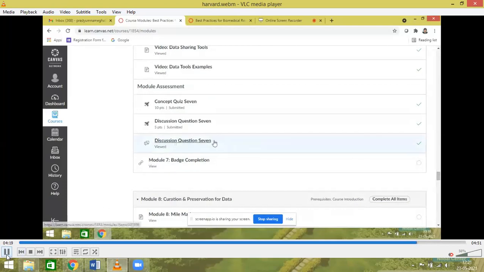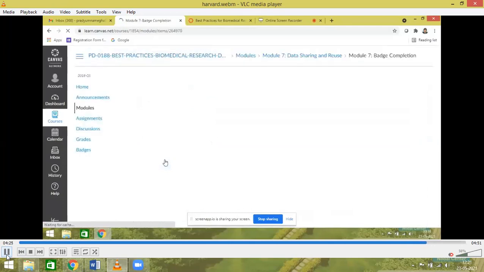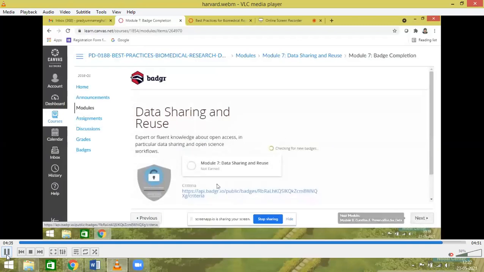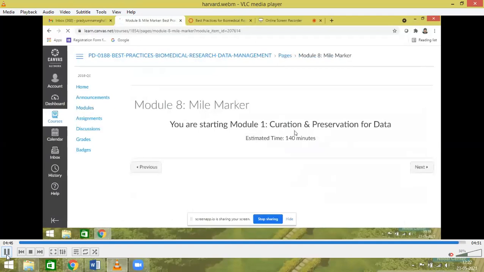So module 7, before completing the module 7 and after completing. Now you see, I'm just clicking on that one. Wait for the badge. Okay. So every unit, they are giving the license for you people. So data sharing, this unit, automatically it will update whether you have done. Yes, we have ended the batch. 9 batches equal to 1 certificate here. This is the concept here according to the US rule.